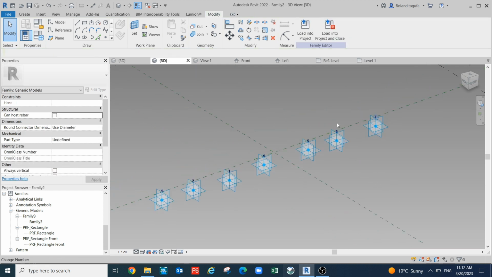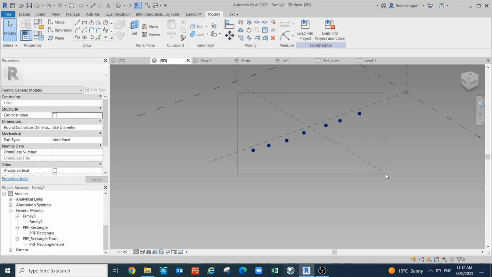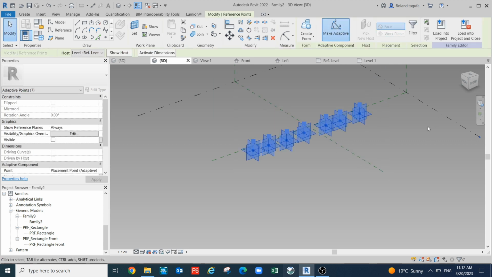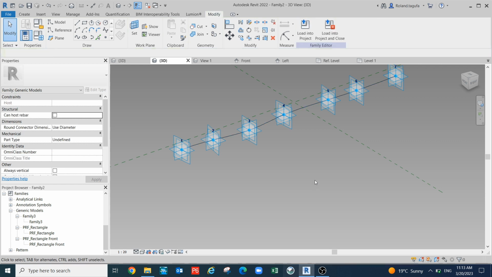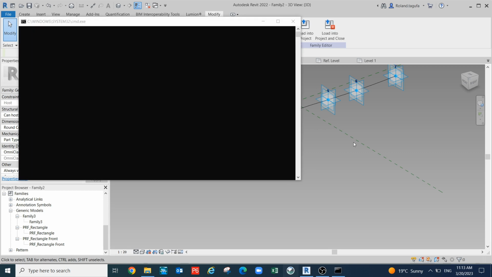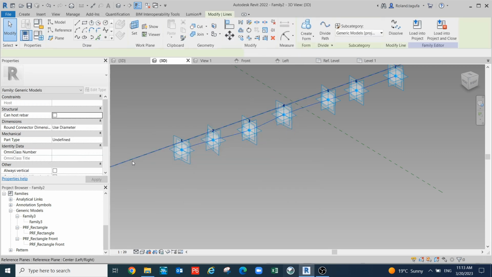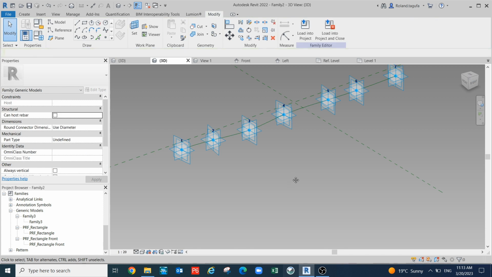Then we have adaptive now. Again, place this point adaptive, and then while that is the blue line, we can make our line spline through points, and then it is a spline. You can make this as a reference line, and then